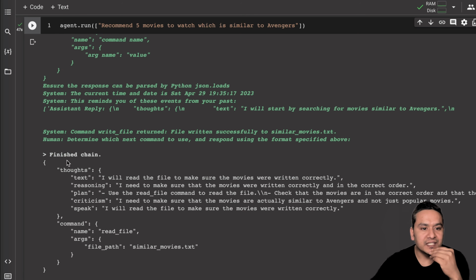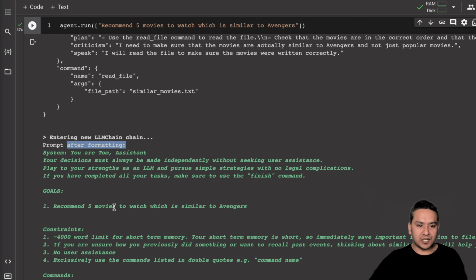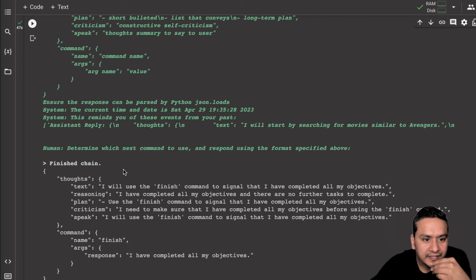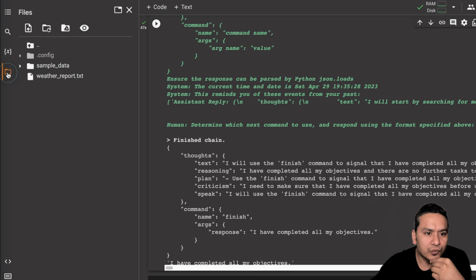It went through some of this, and here it says finished chain. If we scroll down, it says entering new LLM chain, prompt after formatting, system, you are Tom assistant, your decisions must always be this. Okay, all the things. Recommend 5 movies. It's the same thing here. If we scroll a little bit down, it says finished chain. Okay, command finish, response: I have completed all my objectives. If we now go to this folder,